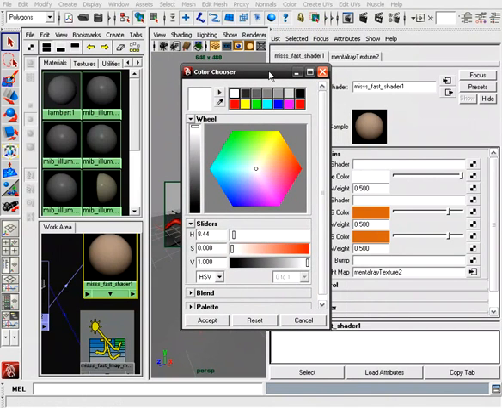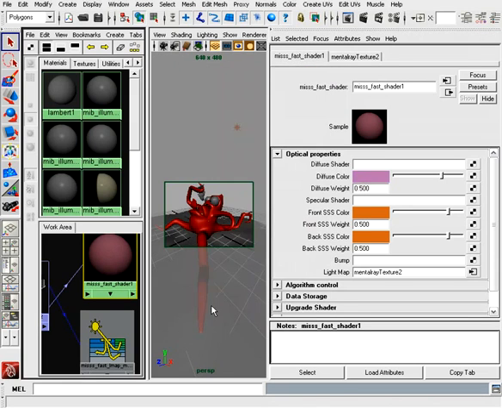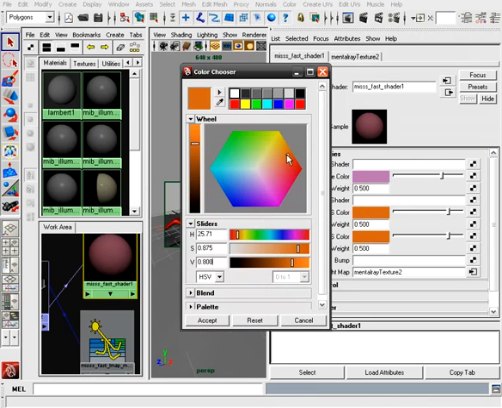So let's start with the diffuse color, and for this we can try to pick something that's a little bit more on the plum colored side. So something that is kind of down in this purple realm. So we can start with that, something that's got a little bit of purple, a little bit of red, a little bit of blue to it. Alright, so we'll start with that. And for this front scattering color, if we want to give this a little bit more of a red appearance, we can increase that and give that sort of a pinkish, purplish